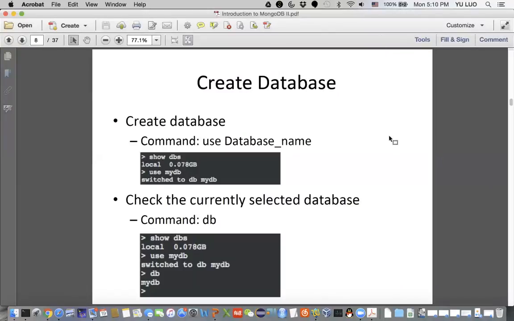So how to create a database? If you watched the video of the last session, we know there are 3 levels of MongoDB. The first, highest level is the database. The medium level is the collection, and the lowest level is the document. So we are going to create a database to store the collections. This command, use database name, is going to help you create a